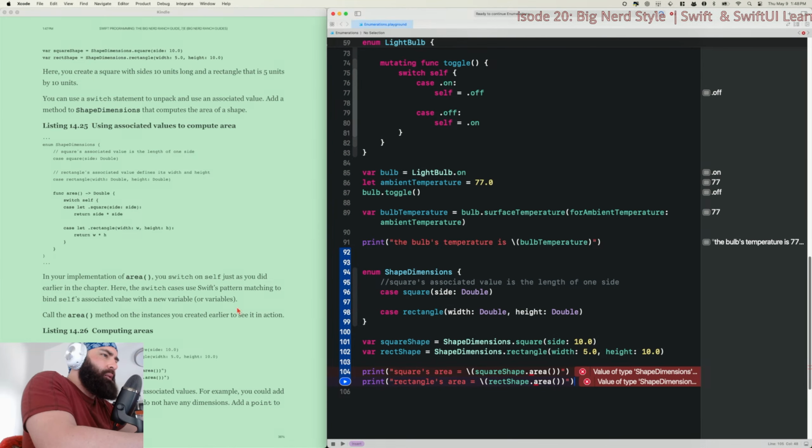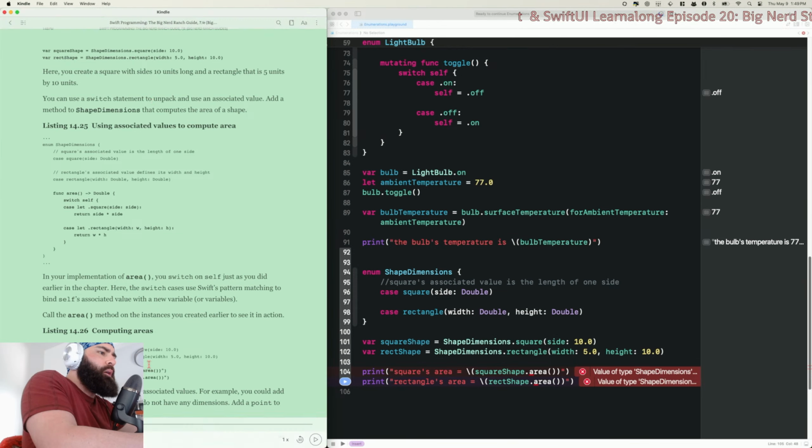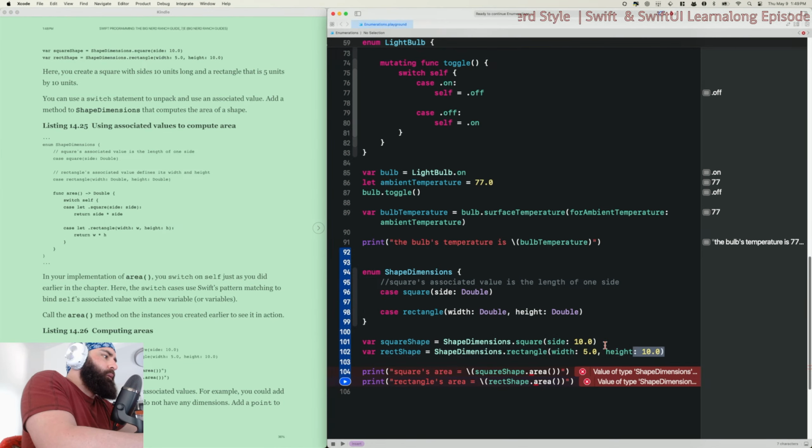How the heck did I miss that? Holy crap. I started looking down here. Alright, here you create a square with sides 10 units long and a rectangle that is 5 units by 10 units. So that's what we did here.